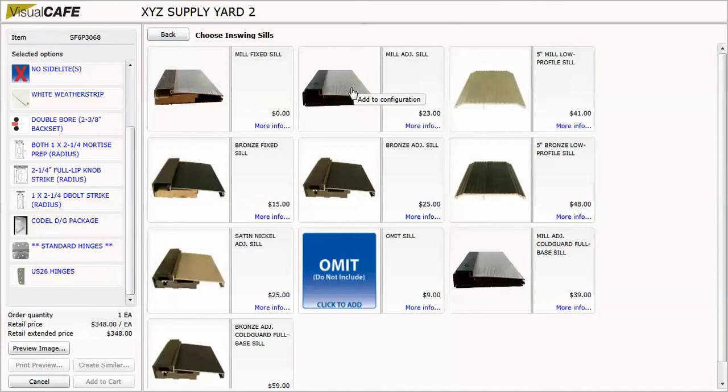And I'm going to pick a mill adjustable sill. Before I do that, I want to mention there's a fixed sill that is part of the base pre-hung price. This is really only for sheds or maybe a particular garage door that is a lower priority door. It comes with a wood base, whereas the adjustable sills come with a composite base, and they're of course adjustable